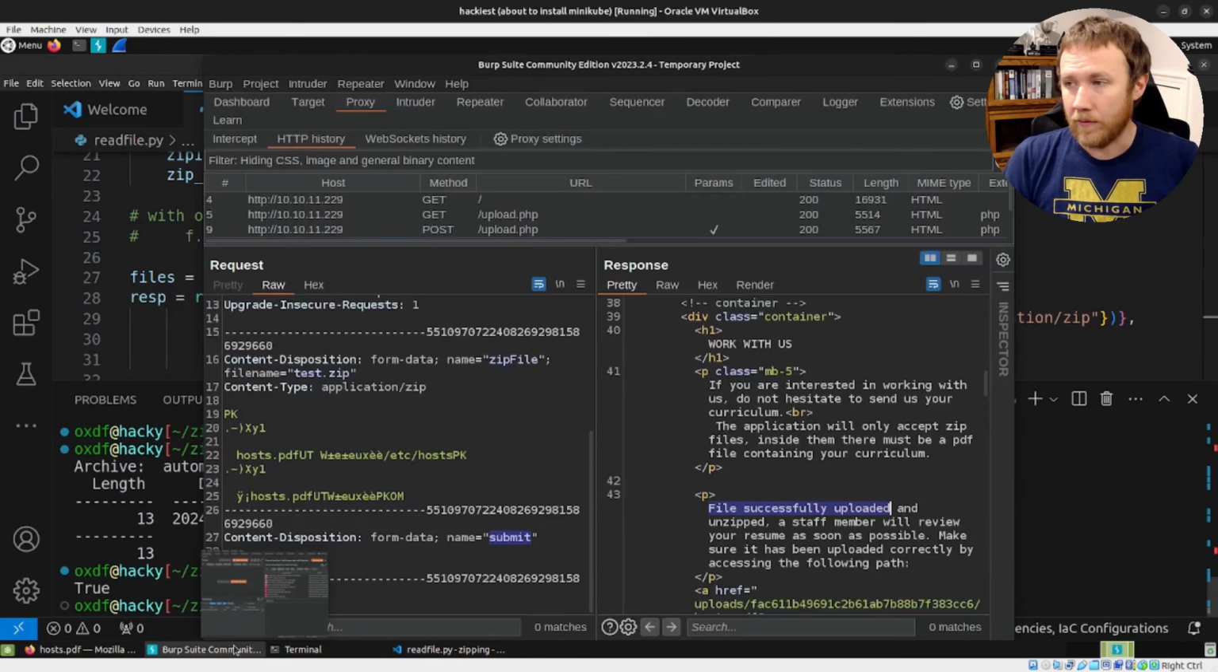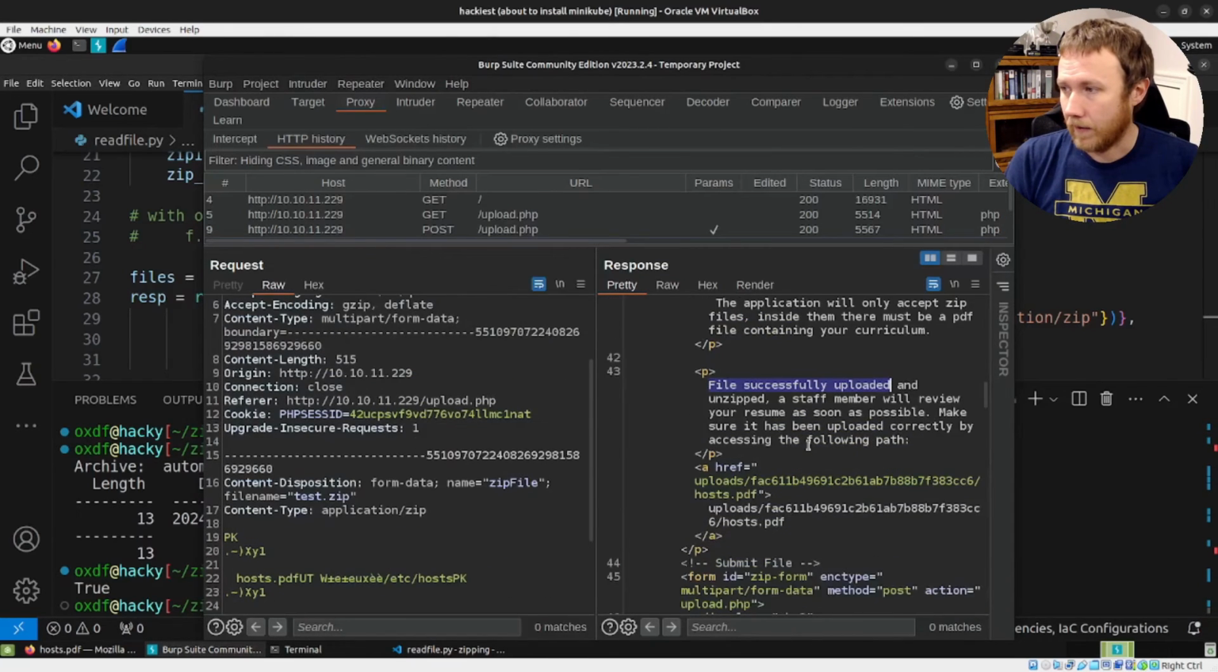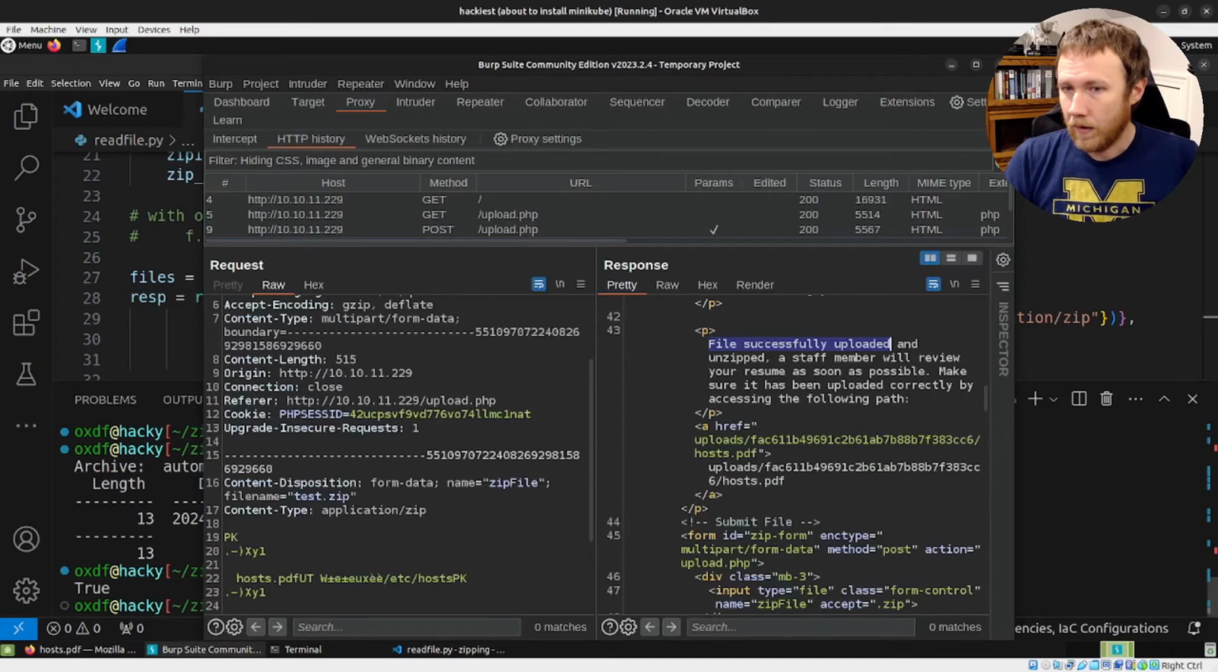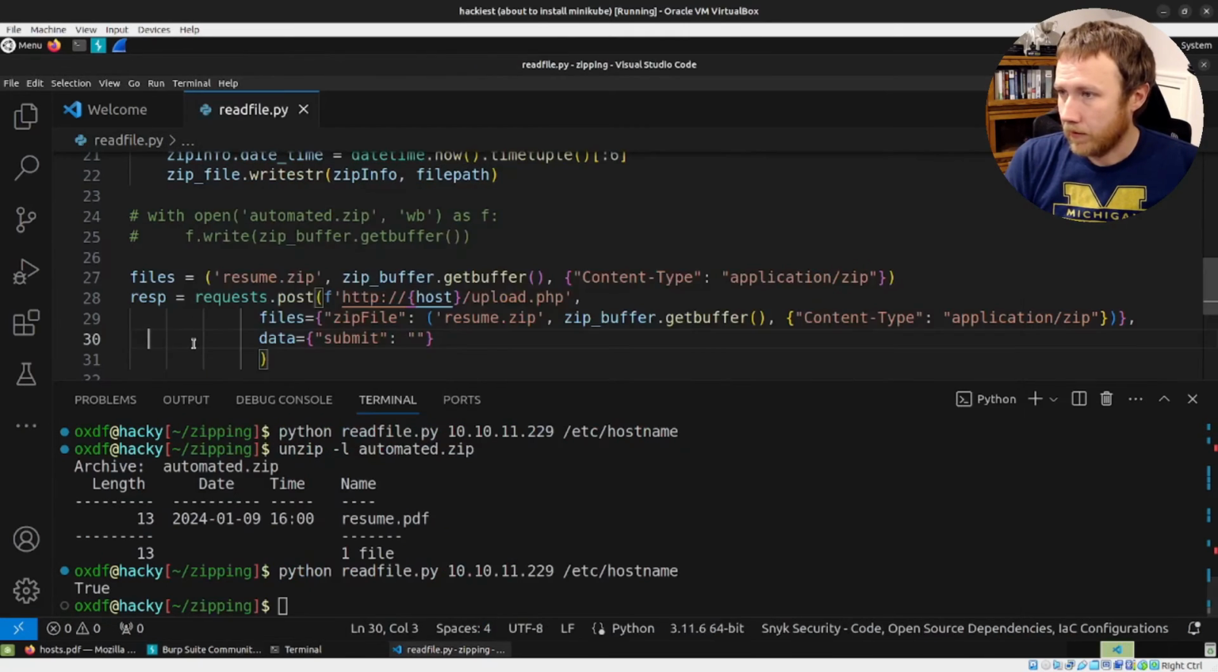So what we really want to do now is we need to get this URL. And so I think the easiest way to do this is just going to be with a regex. So we'll say, maybe following path through there. Seems good, right? So we can come here and we can say